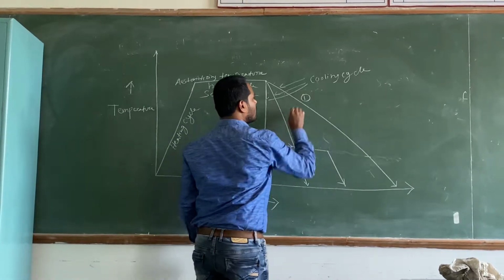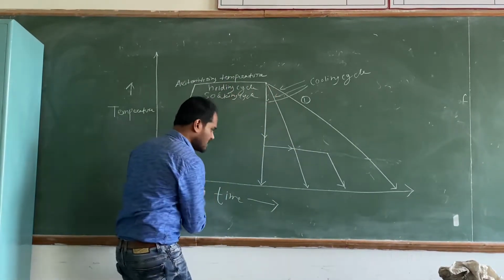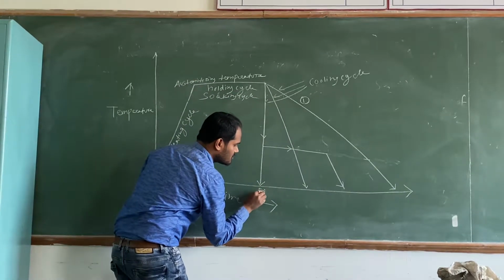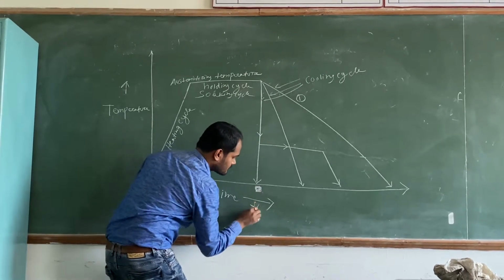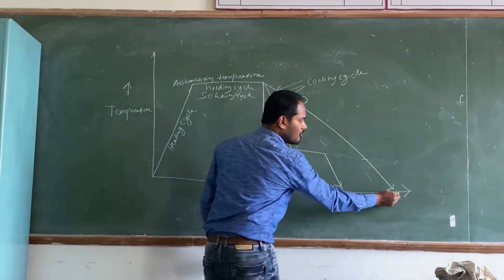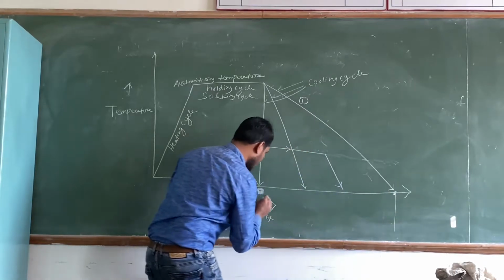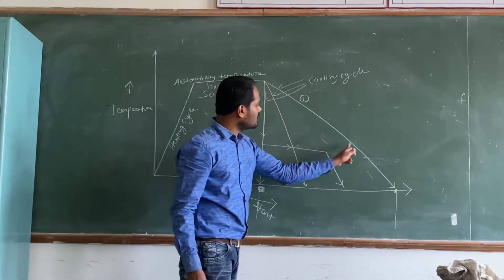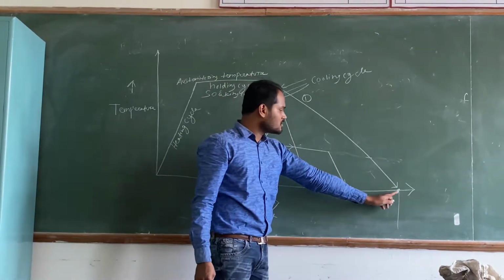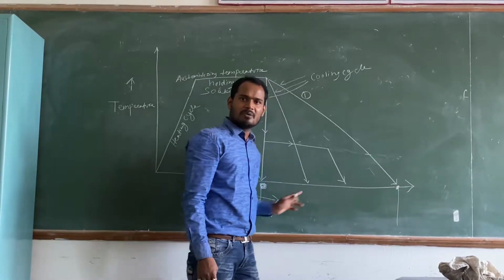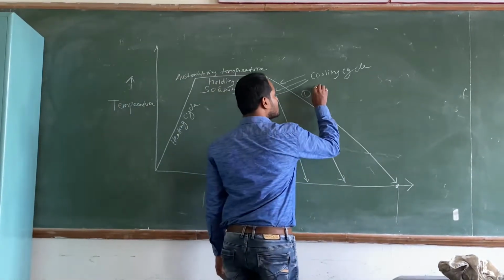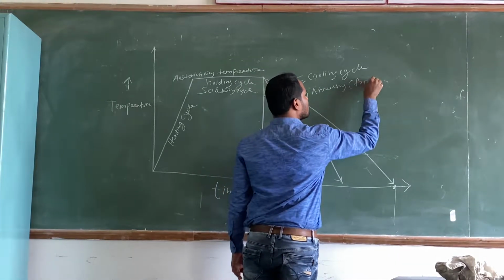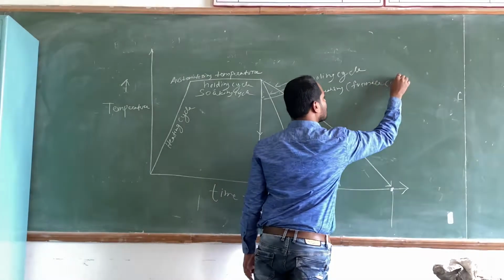This is one. You can understand, this is the time axis. That means cooling time starts from here, and cooling time is ending over here. Right? So this is the cooling time. So you can see very high cooling time is there. So this cooling rate is very what? This cooling rate is very slow cooling rate because time is very high. So I can call this furnace cooling.